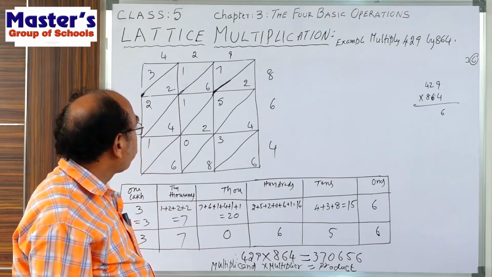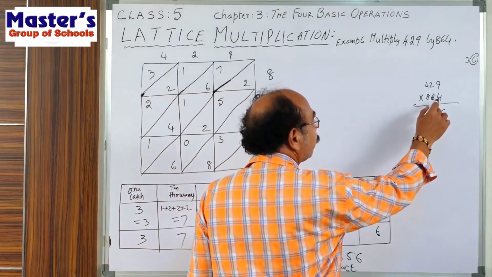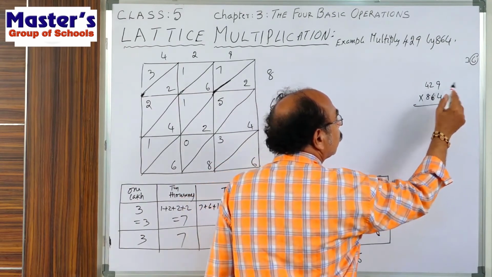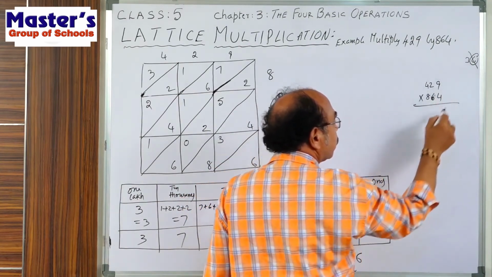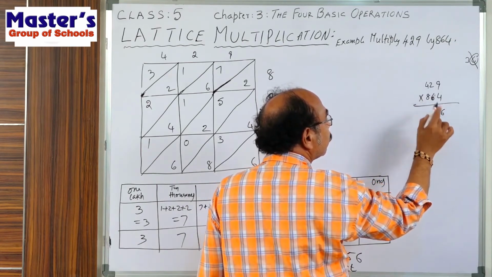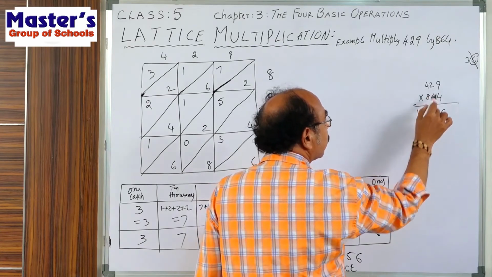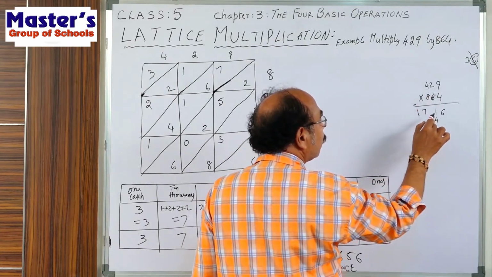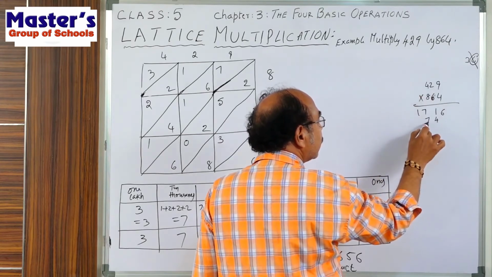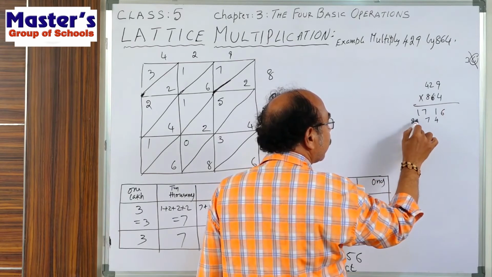Listen carefully. In multiplying the two numbers, what we get? 4 9s are 36. 6 we are getting. Now 6 here. 3 is there. 4 2s are 8 plus 3, 11. 1 is there. 4 4s are 16 plus 1, 17. 6 9s are 54. 4 5 is there. 6 2s are 12 plus 5, 17. 7 1 is there. 6 4s are 24 plus 1, 25.